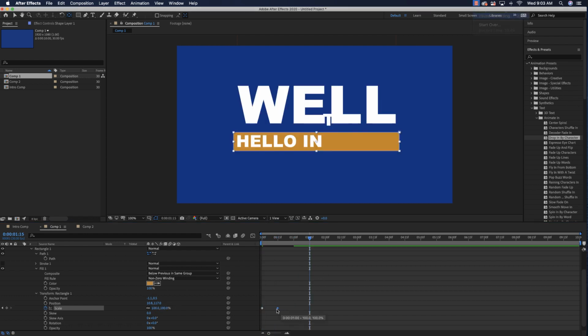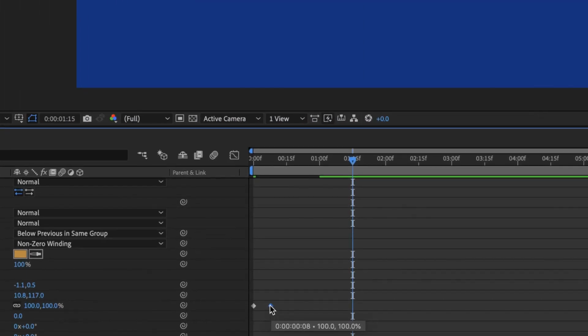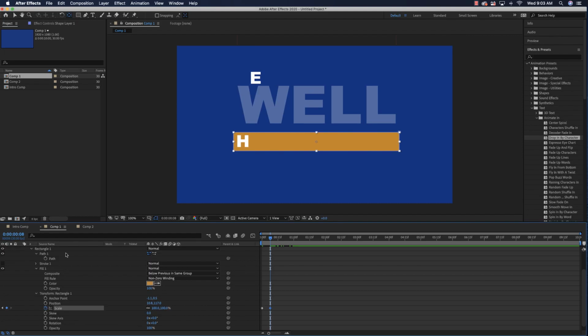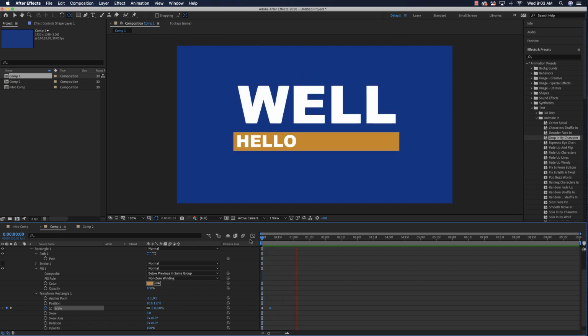Let's speed up the animation just by bringing this keyframe in here, dragging it further up. So let's come in and see where that's at. So that is at 8 seconds. Let's play it again. Boom. There, that looks much better. All right, so we got hello internet. Another thing we could do if we wanted to change the speed of this shape being drawn